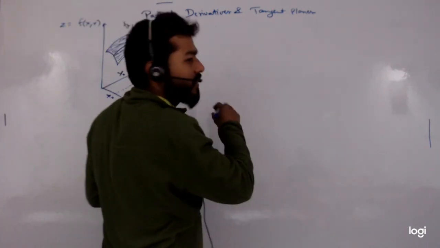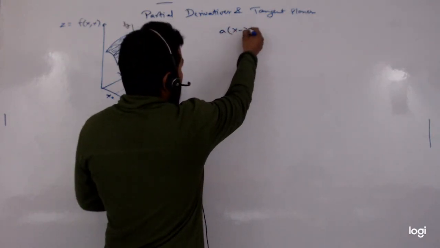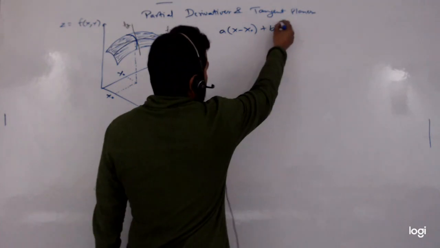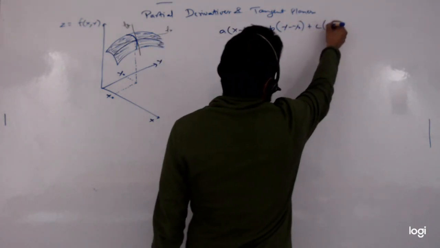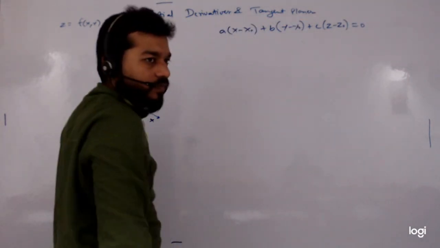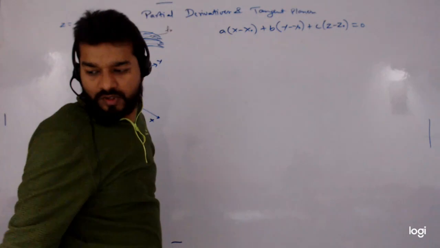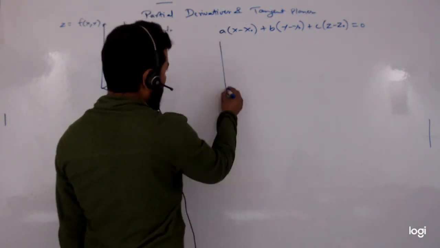The equation of the tangent plane is given by this expression: a into x minus x naught plus b into y minus y naught plus c into z minus z naught equal to 0. In terms of our earlier diagrams,